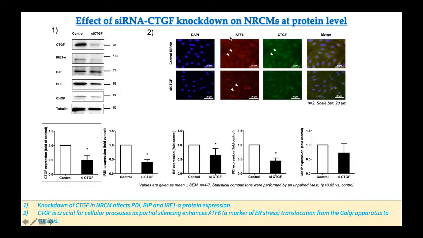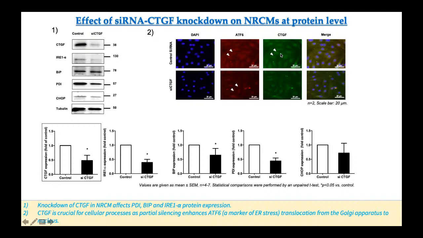So I have my neonatal rat cardiomyocytes. In the first row, they are transfected with the control siRNA. In the second case, I transfected them with the siRNA against CTGF, connective tissue growth factor. The siRNA stops the mRNA production of CTGF. Because of that, we see a knockdown in the CTGF production. We see less CTGF in our samples. And this CTGF is mainly present at the cell membrane of your